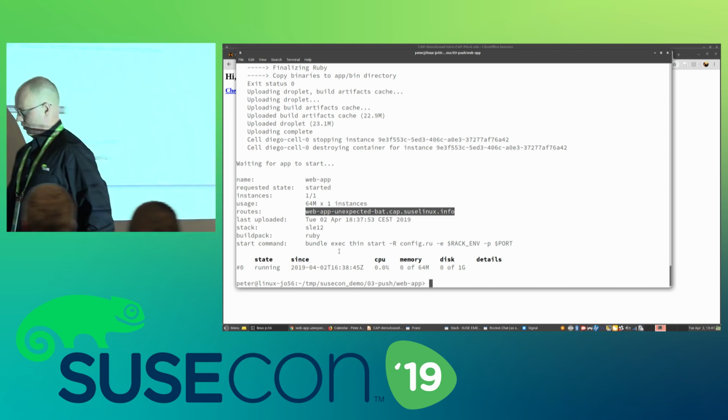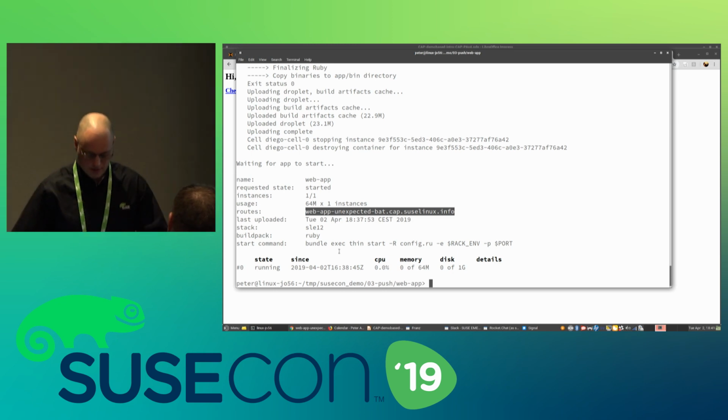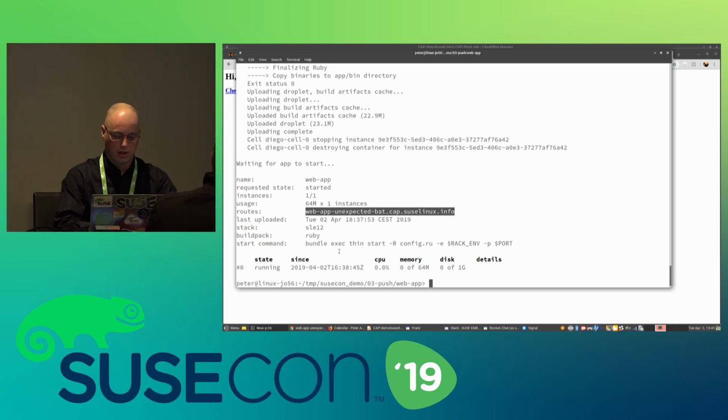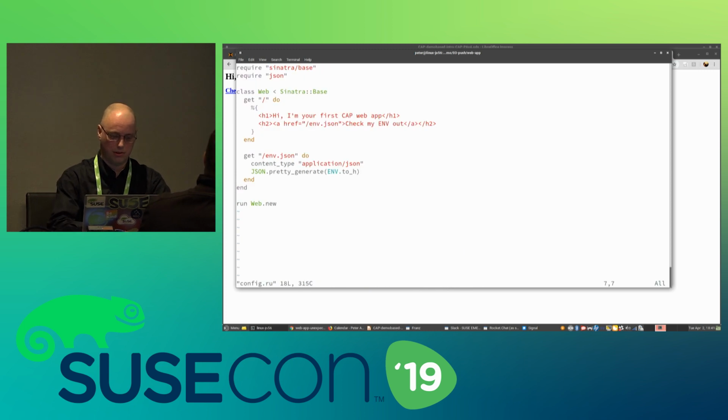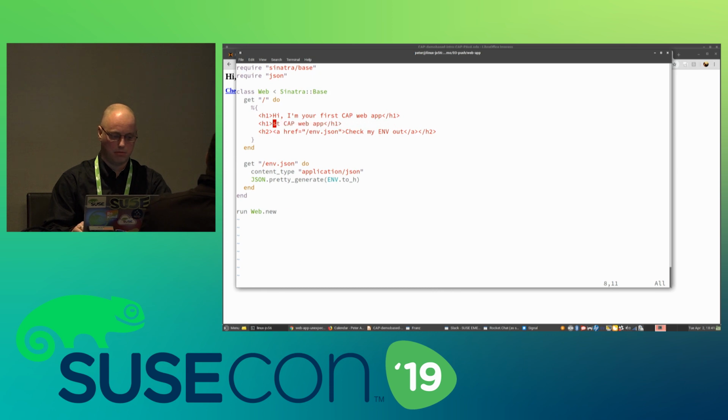Thanks. All right, to prove that I really pushed an application and used it, I'm going to modify it. Now I'm a developer and will do some code changes to my super complex application here. I created a new feature, the subject app.